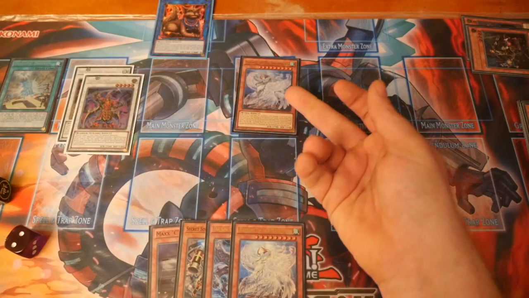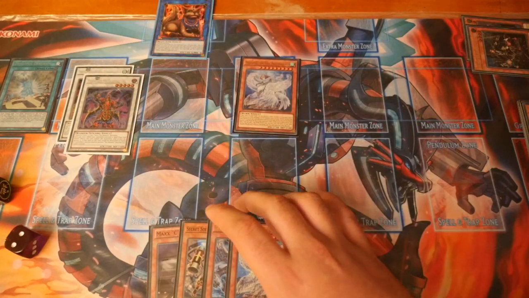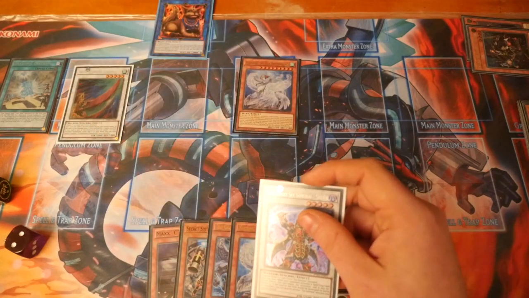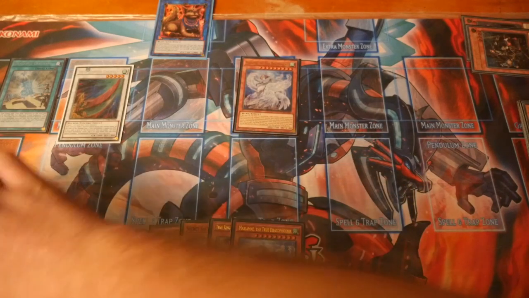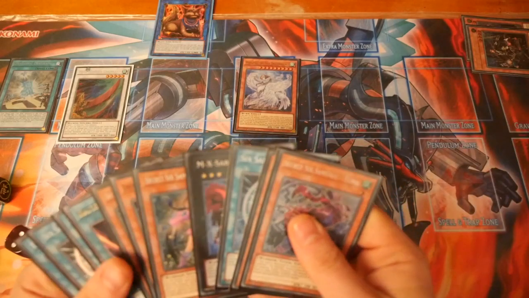Or you go 25, 3k, so 55, and then 19 in there, so 74. So your Shambara is probably your gameplay there. Depends on if you're worried about their back row or not. So obviously that just shows you the power that it can produce